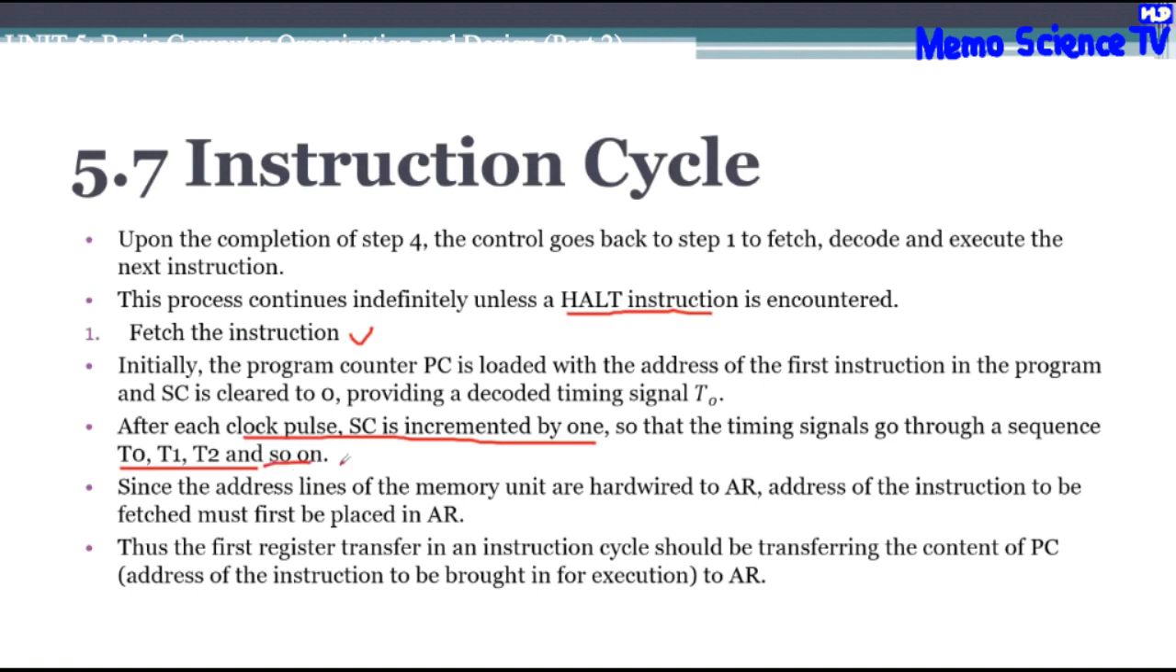መጀመሪያው ላይ የፕሮግራም ካውንተሩ በፕሮግራሙ ውስጥ ያለውን የመጀመሪያ መመሪያ አድራሻ ይጭናል፣ SC ወደ 0 ይጸዳል፣ እና የዲኮድ ጊዜ ምልክት ያቀርባል። የእያንዳንዱ ሰዓት ምት በኋላ SC በአንድ ይጨምራል፣ ስለዚህ የጊዜ ምልክቶች T0፣ T1፣ T2 እና የመሳሰሉት በቅደም ተከተል ያልፋሉ።